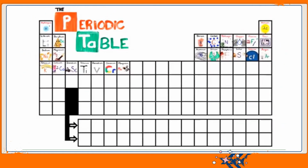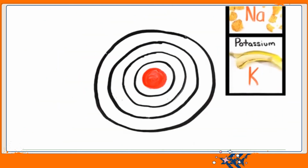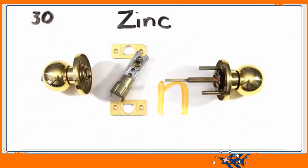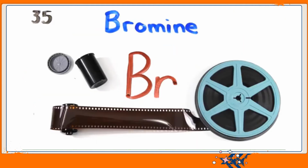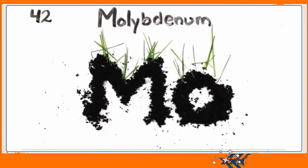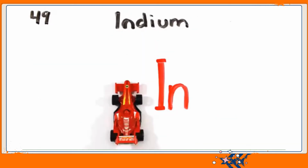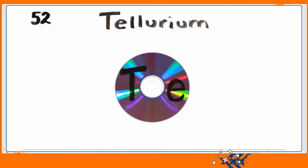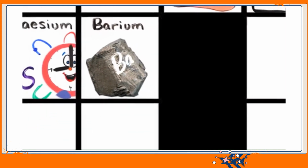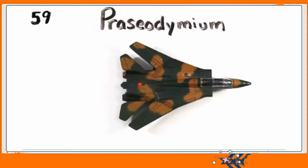This is the periodic table, noble gases stable, halogens and alkyl react aggressively. Each period will see new outer shells while electrons are added, moving to the right. Iron is the 26th, then cobalt, nickel coins you get, copper, zinc, and gallium, germanium, and arsenic, selenium, and bromine film, while krypton helps light up your room, rubidium, and strontium, then yttrium, zirconium, niobium, molybdenum, technetium, ruthenium, rhodium, palladium, silverware, then cadmium and indium, tin cans, antimony, then tellurium, and iodine, and xenon, and then cesium, and barium is 56, and this is where the table splits, where lanthanides have just begun, lanthanum, cerium, and